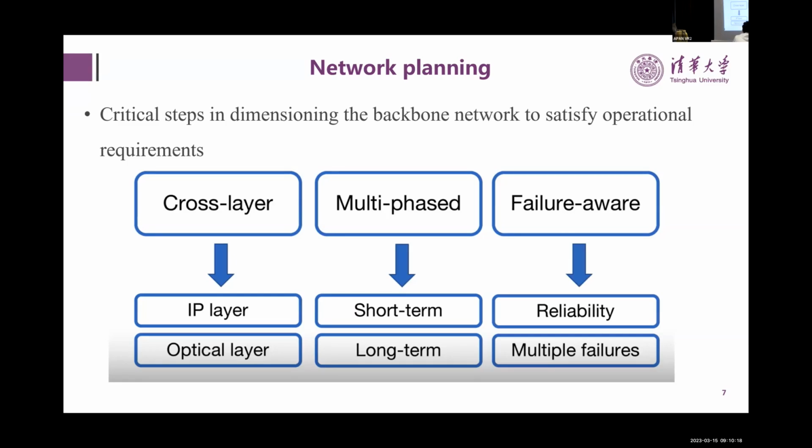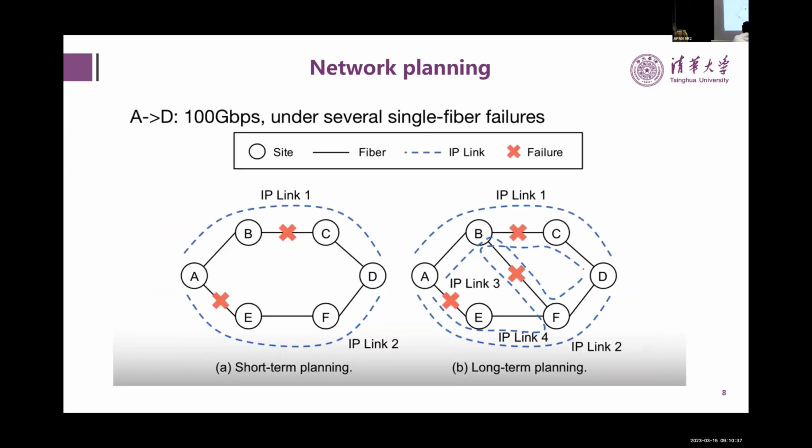Also, when we plan the network, we face the short-term plan and the long-term plan. Also, the network may fail, so the reliability of the network and the availability for users should be considered. For example, this is a topology of a network. We have 6 sites, and the sites have many fibers, and we have 100 Gbps from site A to site D